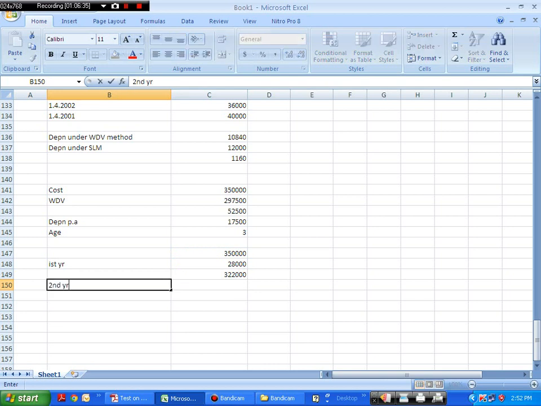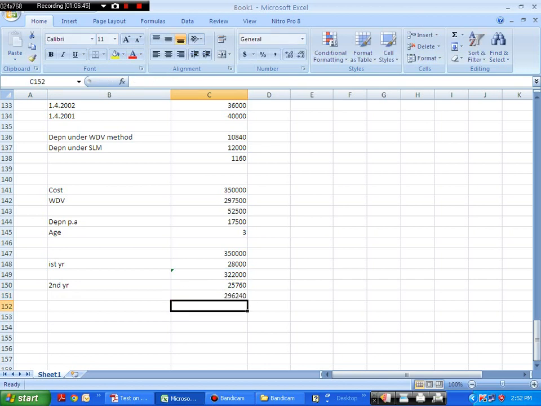Depreciation for the second year will be 3,22,000 into 8%. Okay, so which gives us a WDV of 296,240, and the depreciation for the third year will be 296,240 into 8%, which is